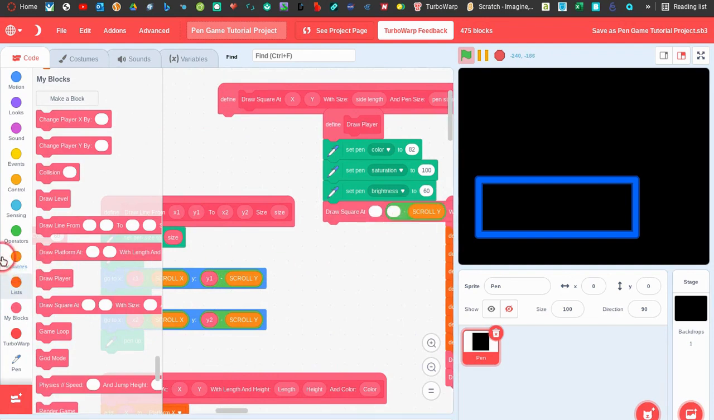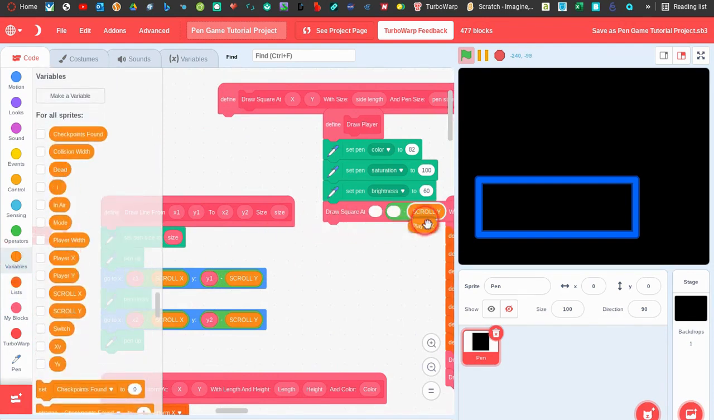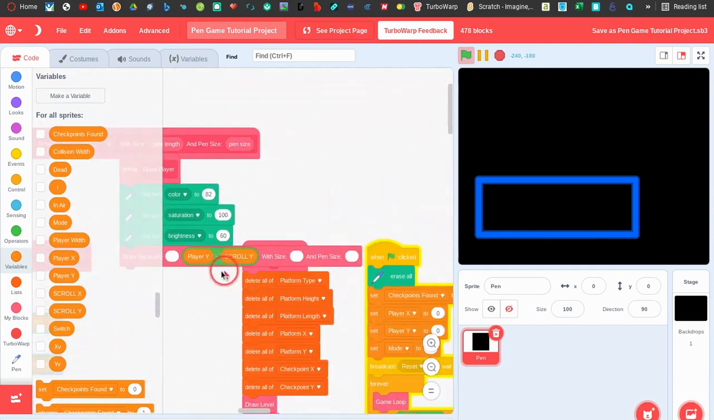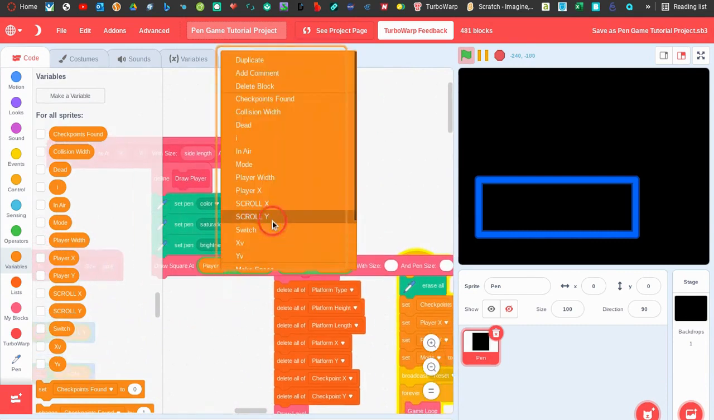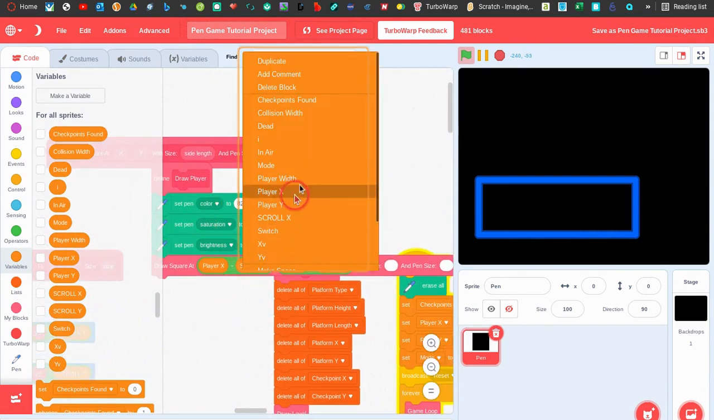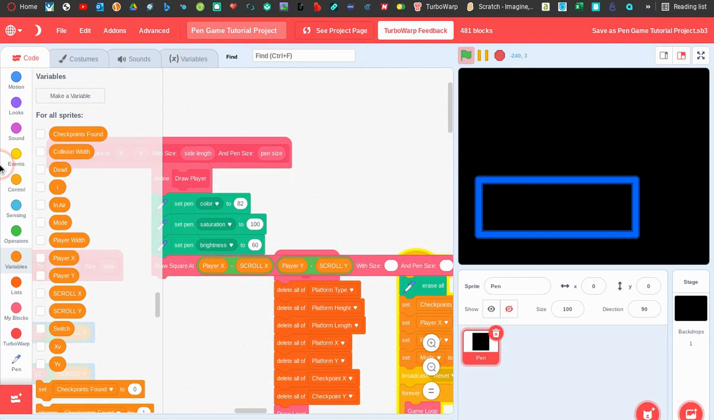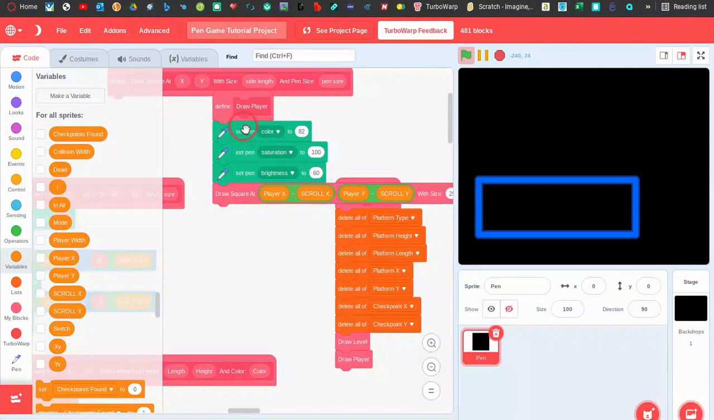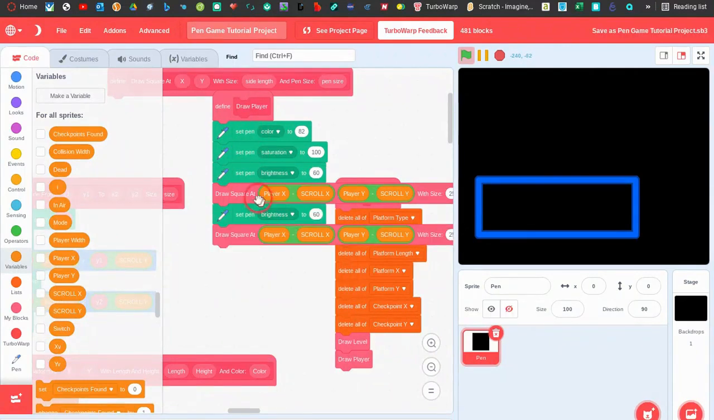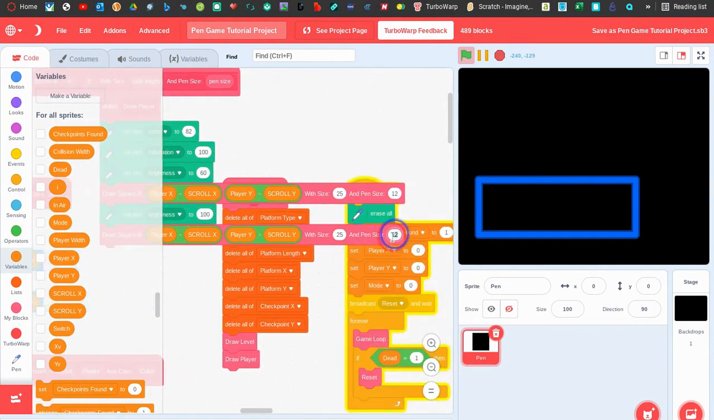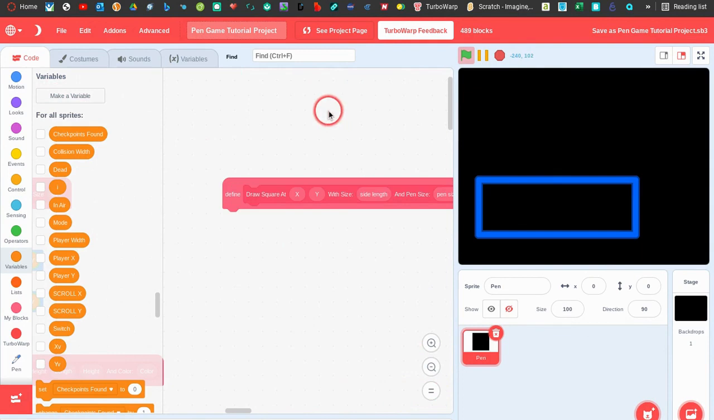So we'll get player X. Oh no, player Y. That one's the scroll Y one. And then we'll do minus the scroll Y, and then player X minus the scroll X. Okay, so now we have this. Then we'll do with the side length size of 25, and then pen size of 12 for this one. And then we can just do a brightness of 100 for this one, and then this one can be a smaller size of 8. And then if we clean these up,